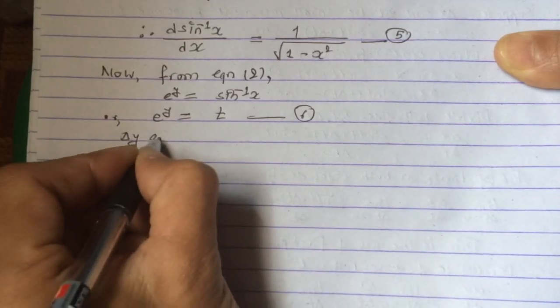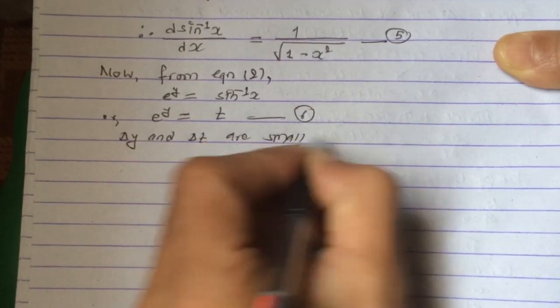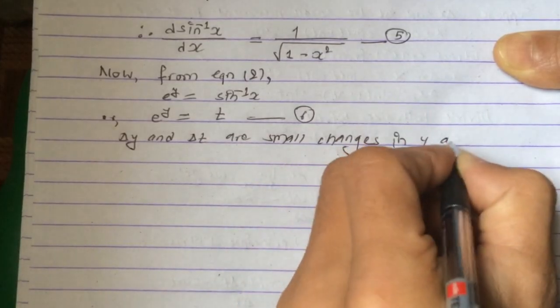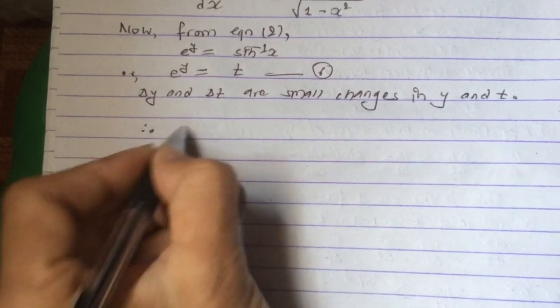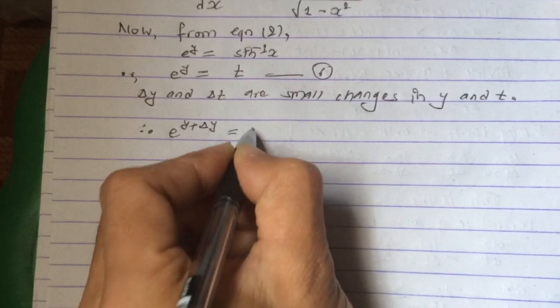Okay, or you don't have to use t there because we have already determined the value of d sine inverse x by dx. So